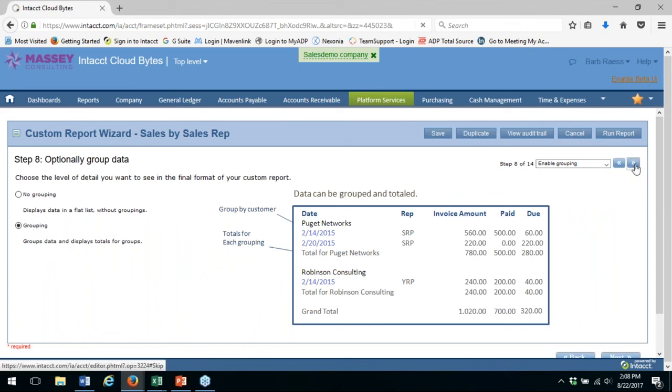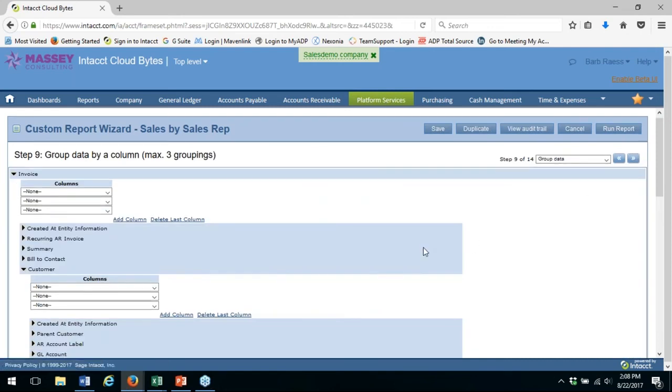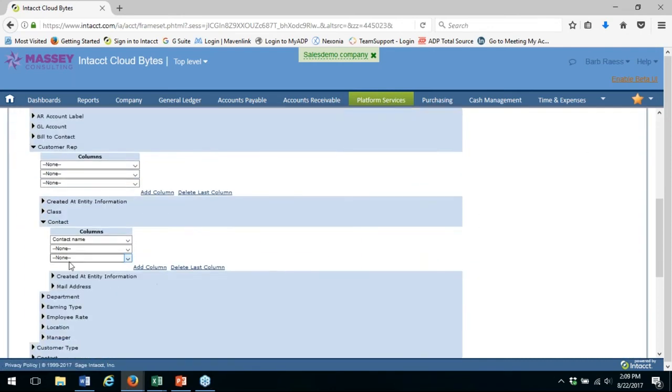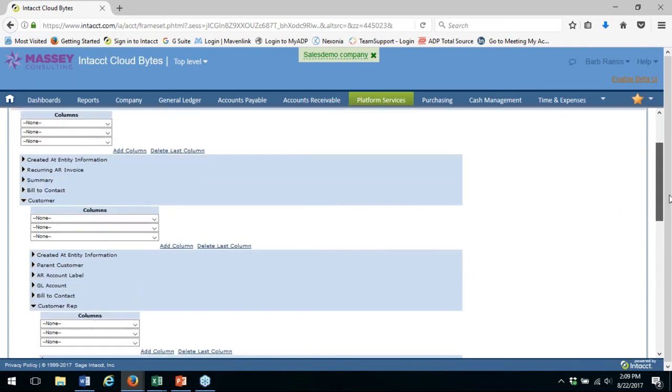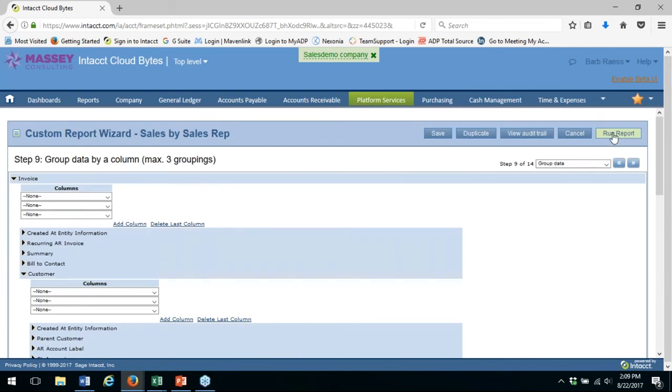And what does it ask me then? From here, it's going to ask me, what is it you want to group? So I know that I want to do it by the contact name, so I came down and found under the contacts, the contact name, and listed that here. And again, if I run my report,